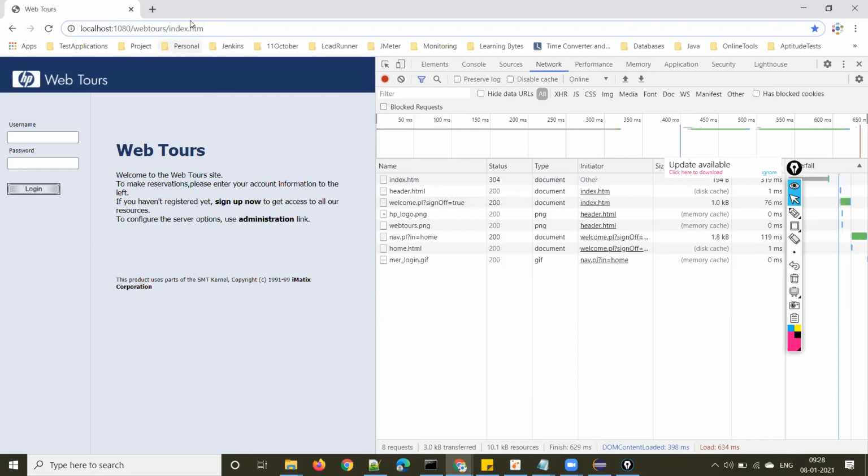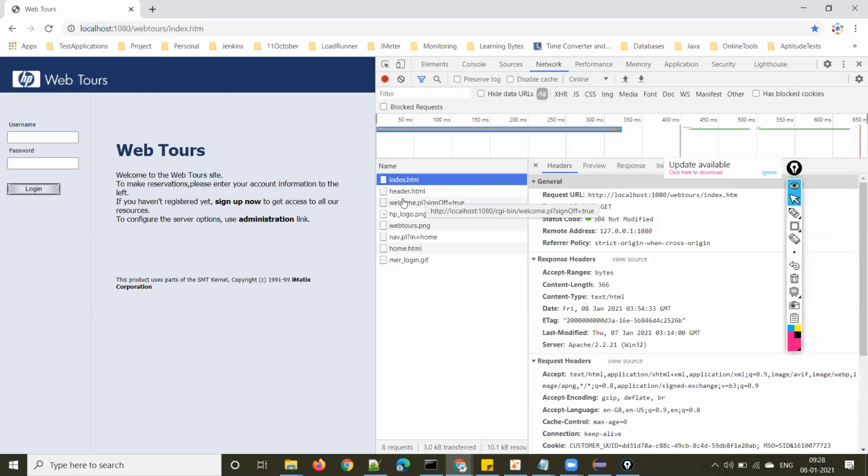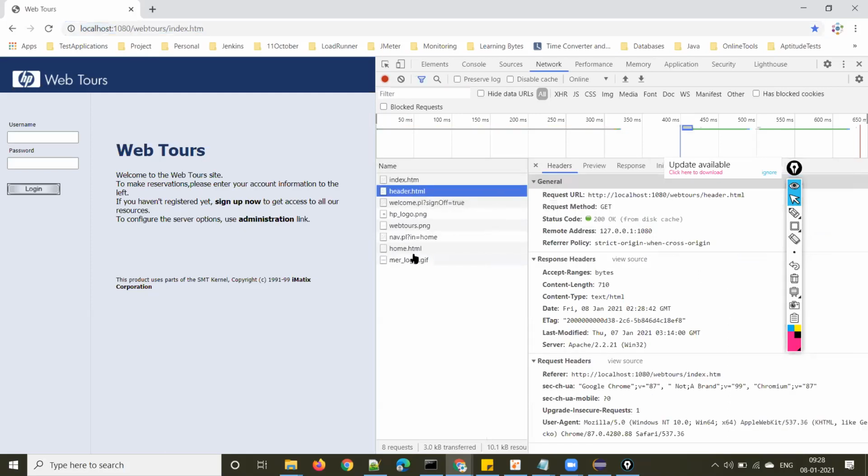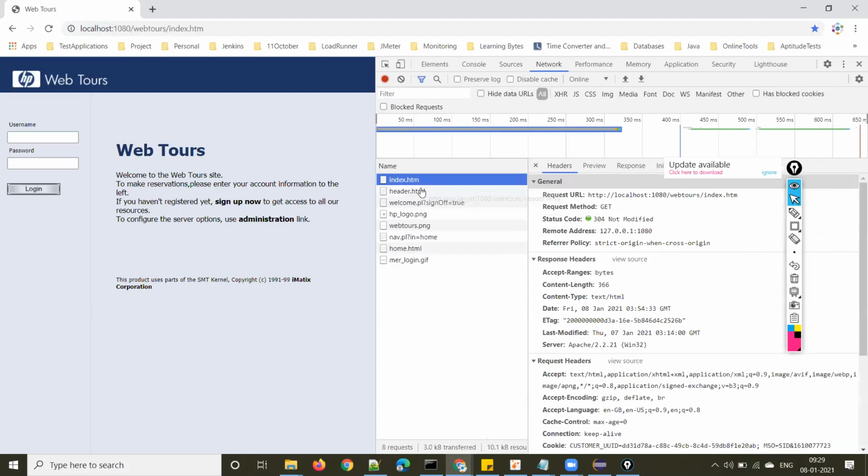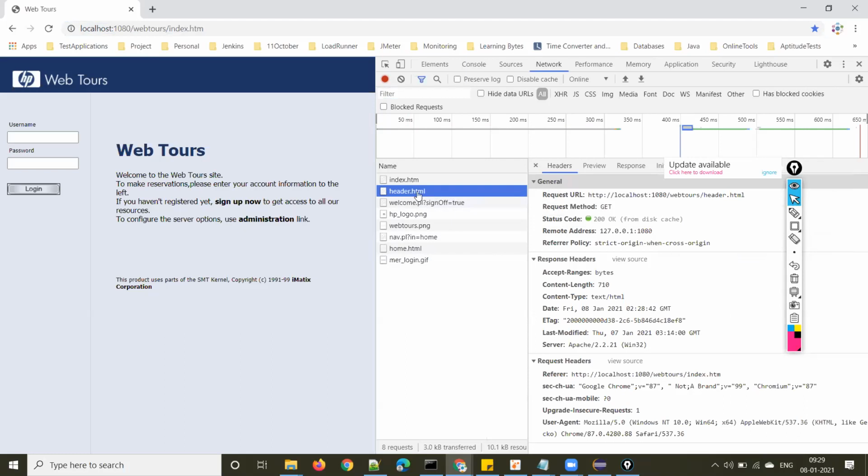See, this is our main request. The complete thing, localhost, web2s, index.html, whatever we enter in the browser, is called the HTTP request, the main request. But actually there are 8 requests sent to the server, including this index.html. There are a total of 8 requests sent to the server. These are called hits. So here we can call this the HTTP request and main request, and the remaining 7 can be called sub requests.